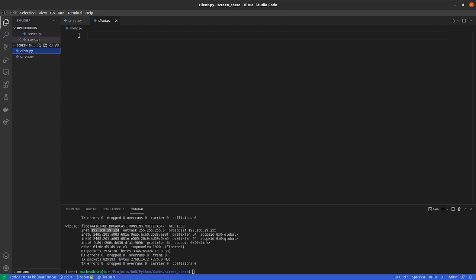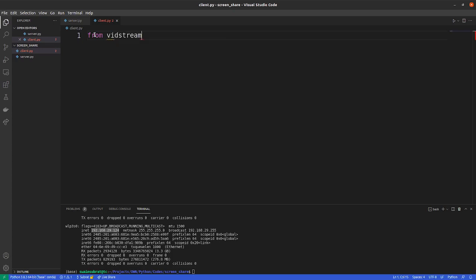For the client, the code is pretty much the same. We need to call the client object instead of the streaming server object.